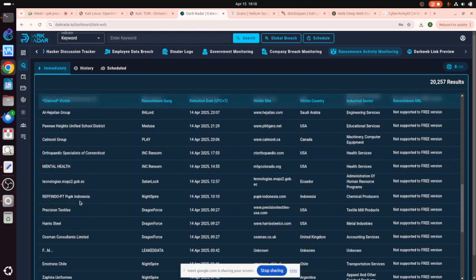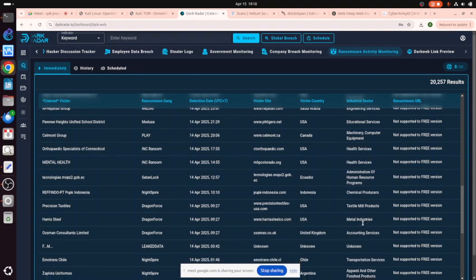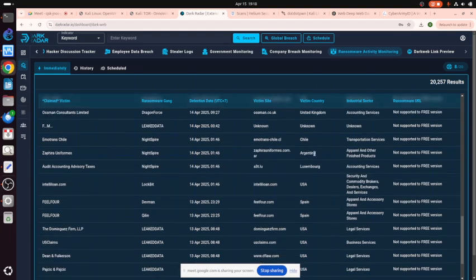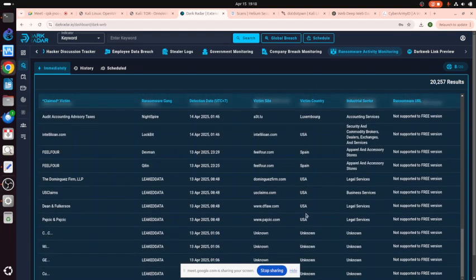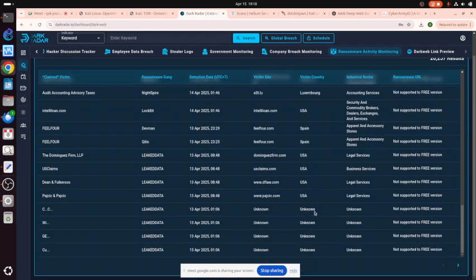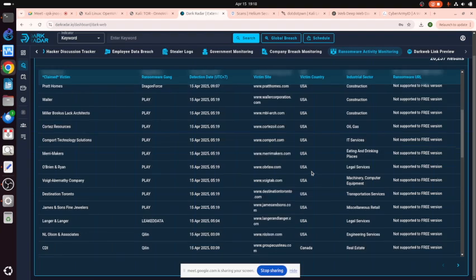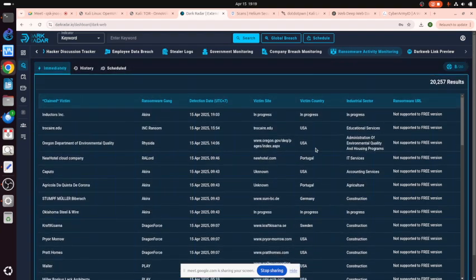Refindo, PT PUPK is just hit by ransomware. This is a chemical producer, only yesterday. Chile, Argentina, US, Spain, US, unknown. So we can check who gets attacked by ransomware.